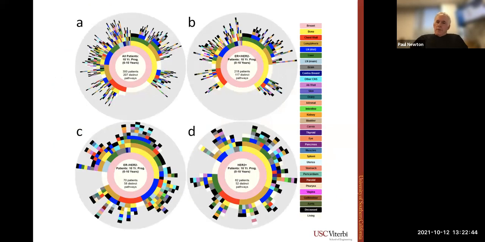All right, you can also, of course, split these up into molecular subtypes, which we're doing here for breast cancer. Then you can look at the differences in the patterns. For example, here's ER plus HER2 negative patients. Here's the ER negative, HER2 negative, and HER2 plus patients. You can see that the patterns can be quite different in these different molecular subtypes. Part of that has to do with the fact that there are different numbers of patients in each of these groups. For example, there's 218 patients in this subgroup, and there's only 62 patients in this. So yes, part of it has to do with that, but there's also information that you can pull out of